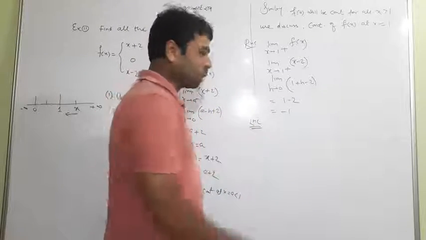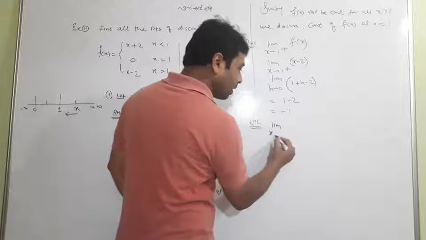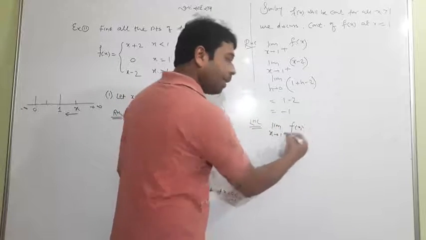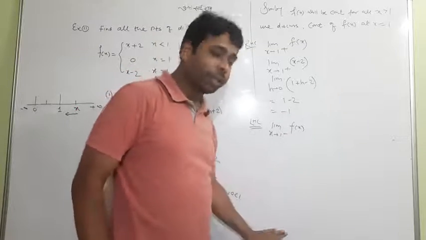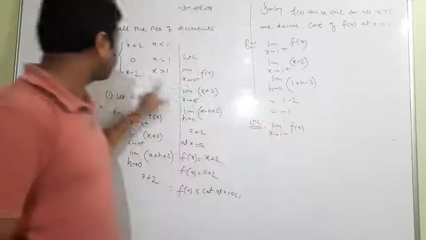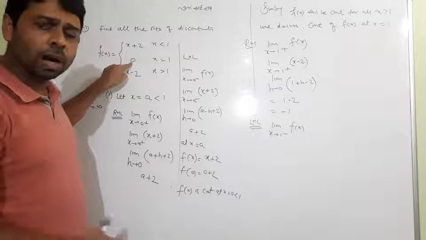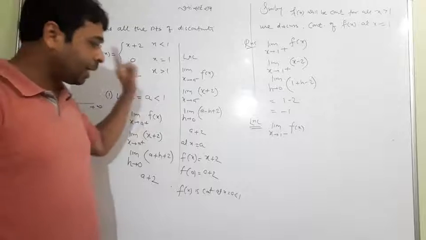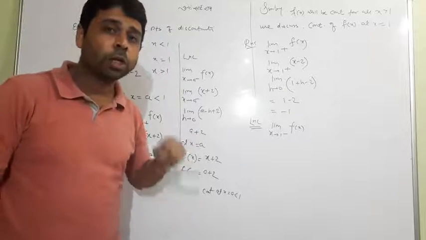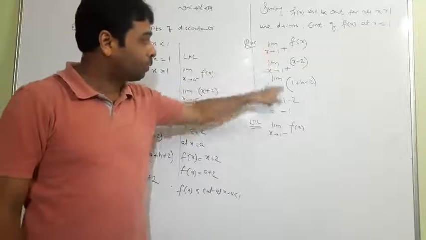For the right hand limit, what does it say? The left hand limit, what does it say? x tends to 1 minus. Even I tell you one thing, it is not necessary to find out, because this value and this value must be the same. Still you are thinking, sir, how is it? Because we should know that the left hand limit, the right hand limit, and the main value should be equal. It is the right hand limit value.